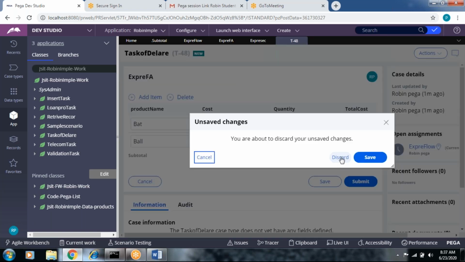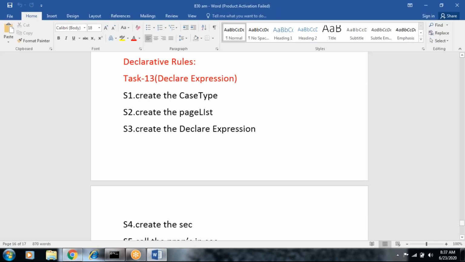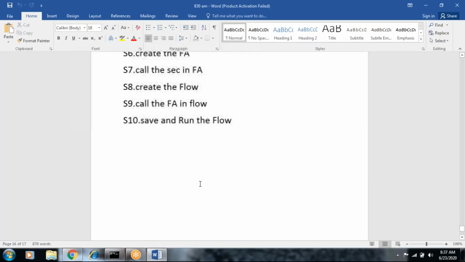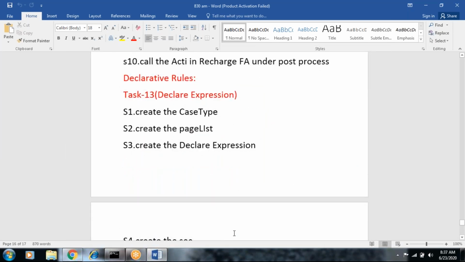And I told you about the backward chaining requirement: the cost is equal to base price minus discount. First the cost is updated, and only then will we calculate the total cost, right? Whenever the property value changes, the target property is updated. That is called forward chaining. So we do one thing: what is the other declarative declare expression we wrote?